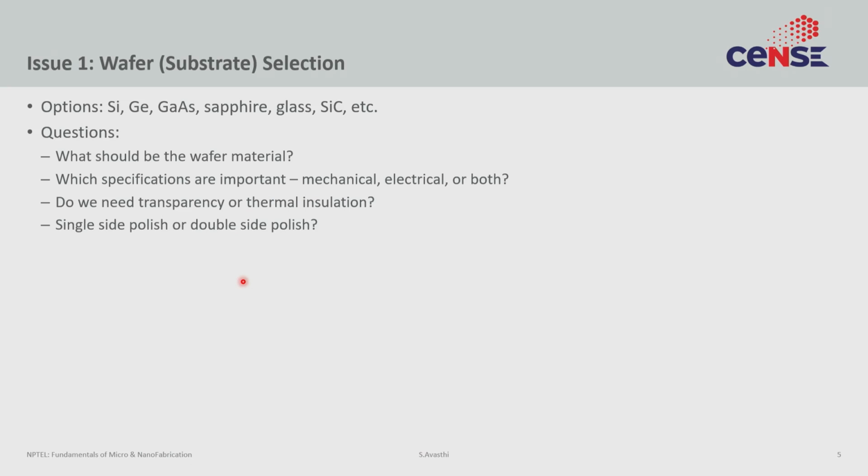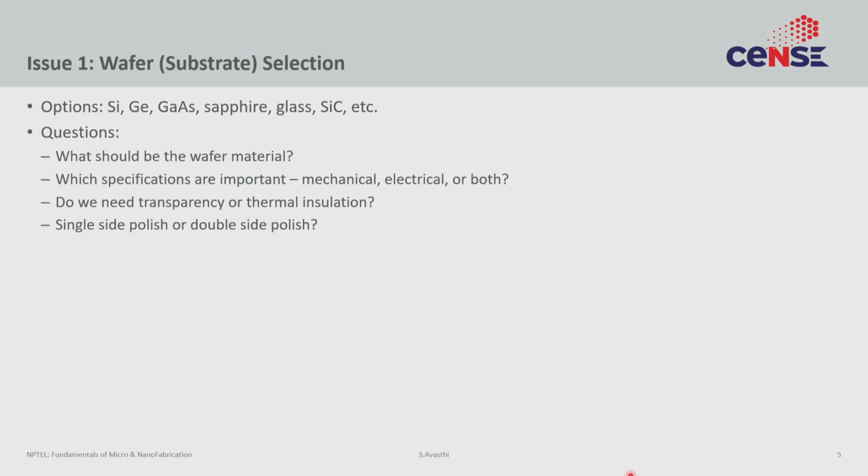All right, so now let's talk about case studies. So it's a case study time. So I'll just sort of highlight this issue, and then we'll talk about a couple of examples and keep going. So first thing first is that all process integration starts with some substrate selection, right? So you select a certain substrate and you decide that this is where my device will be made. So of course you have so many options. You have silicon, germanium, gallium arsenide, and we actually went into some detail of what are the advantages and disadvantages of each of these materials.